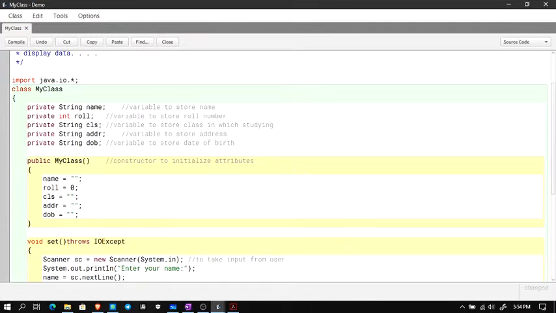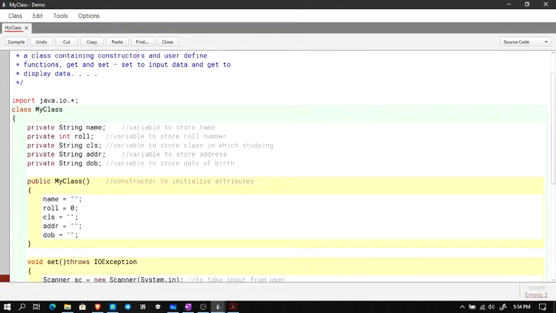So for using the buffered reader class, I'll have to make certain changes. The first one is importing the buffered reader class. For that, I'll be importing it from the IO package. So the statement changes from java.util.Scanner to java.io.*